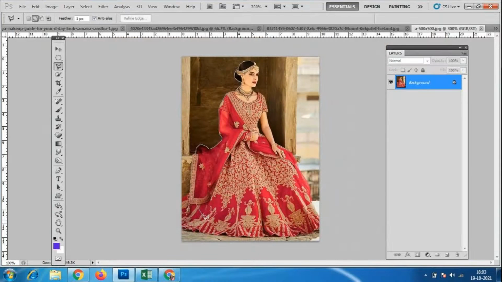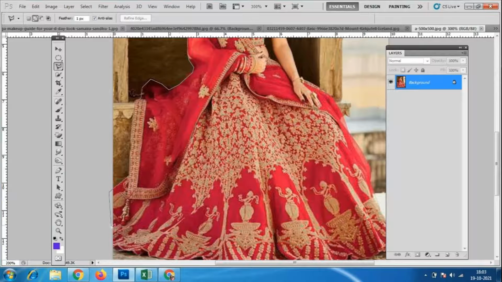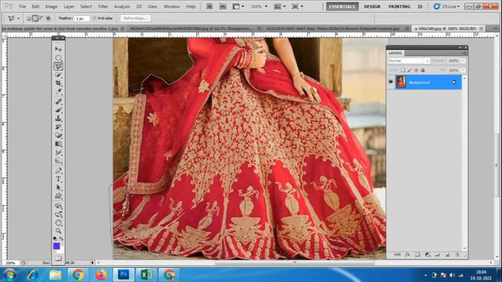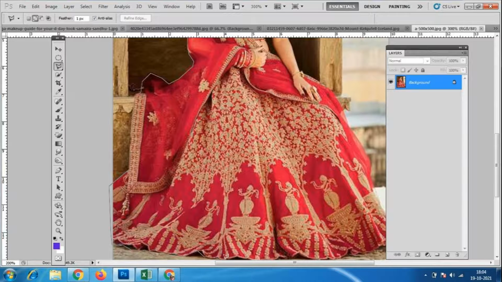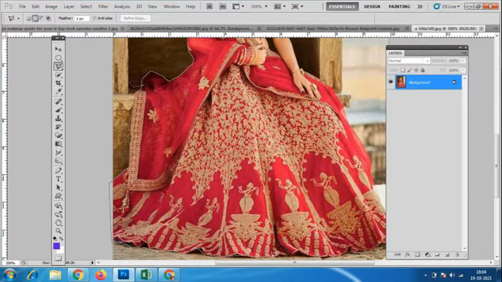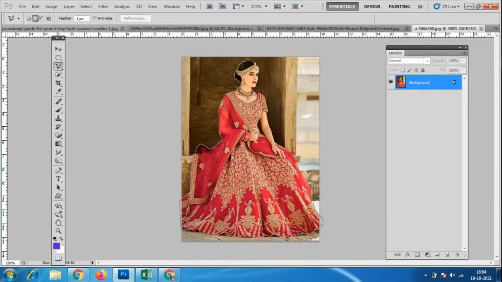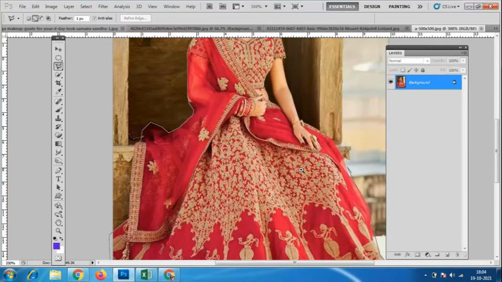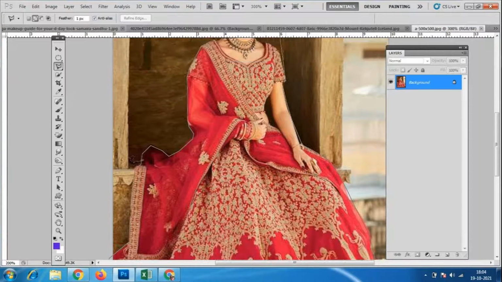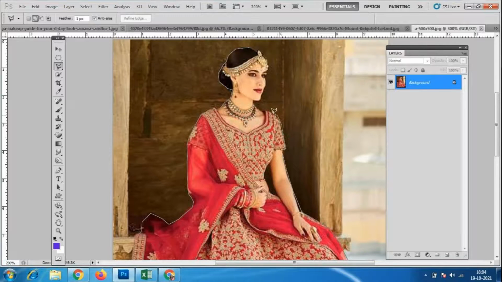I still feel some of the students are not able to use the polygonal lasso tool, so once again I'm showing. Whoever feels difficulty with the polygonal lasso tool, take a white background image. There is no need to take colorful images like this. With a white background, you can place it wherever, and easily cut the image with the magic eraser tool.